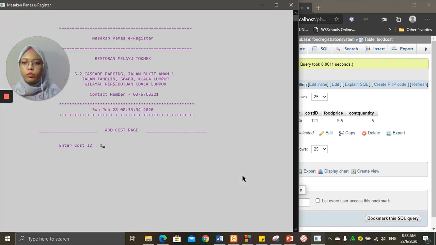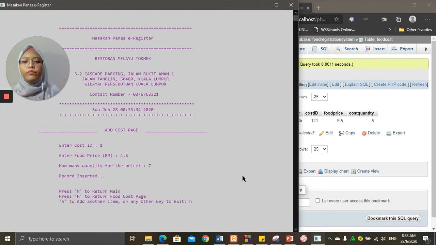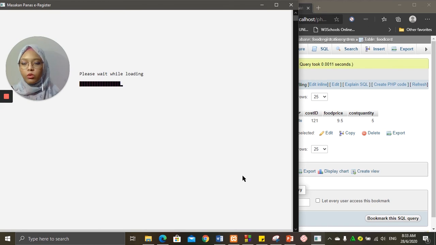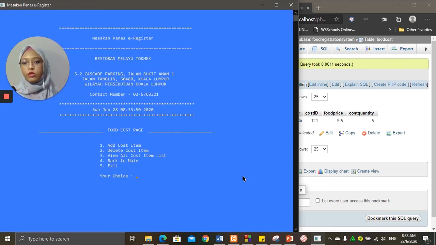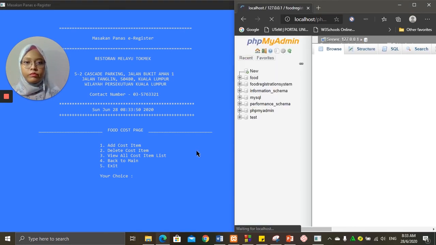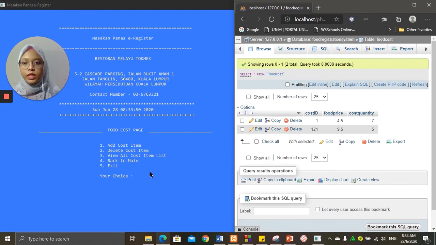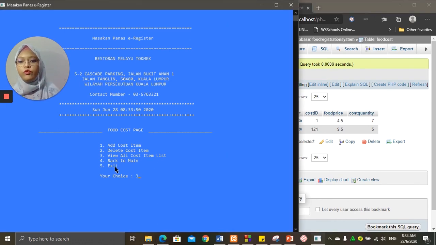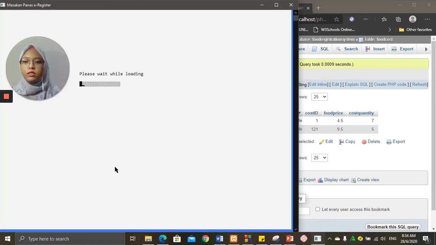Okay, maybe we can add more. This time 1, food price 4.5, how many quantity? 7. Now we go to view all cost item list first to show you the list.